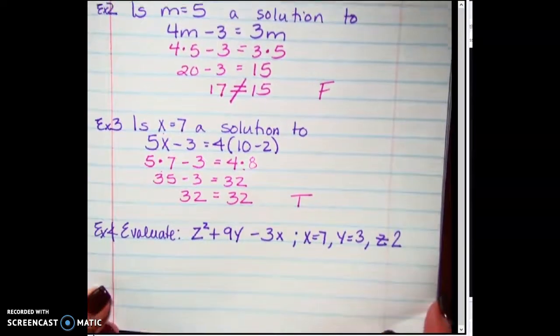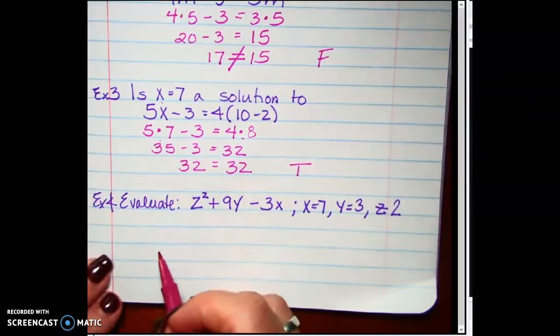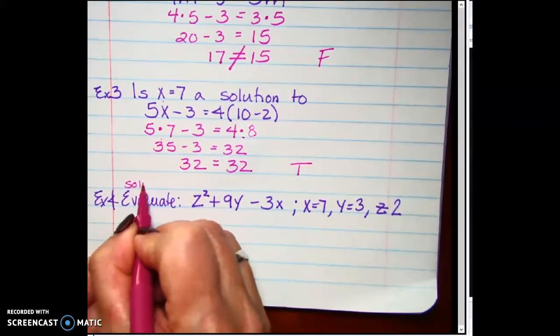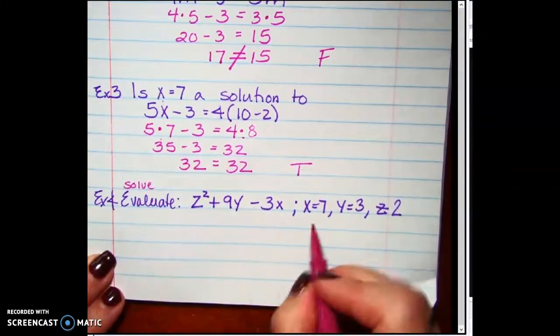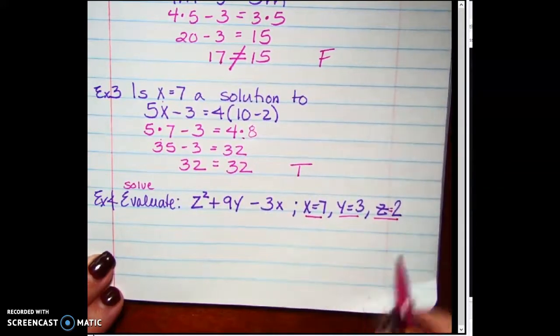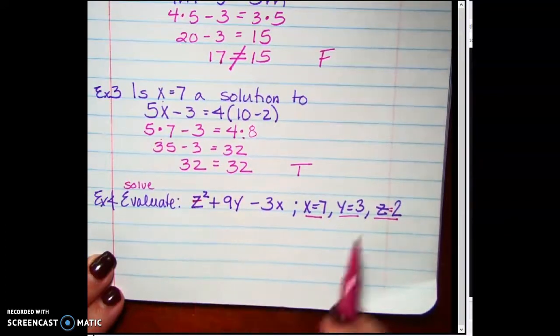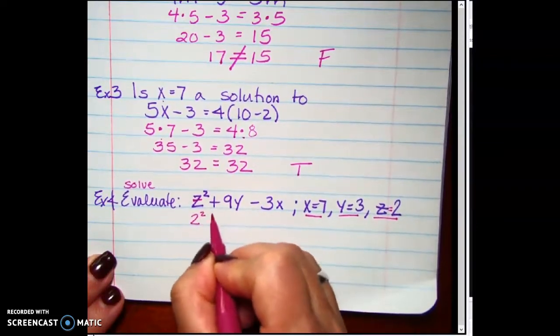Now here's one that we did towards the end of the semester. Remember that evaluate means to solve. So we're going to evaluate this problem using these numbers for the variables. So here, oops, that's supposed to be a z, so I'm going to make sure I put a line through it. So z is 2 squared plus